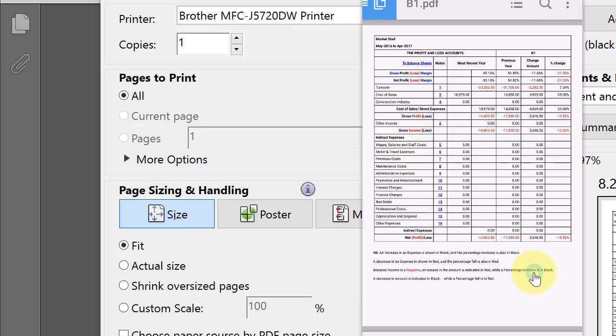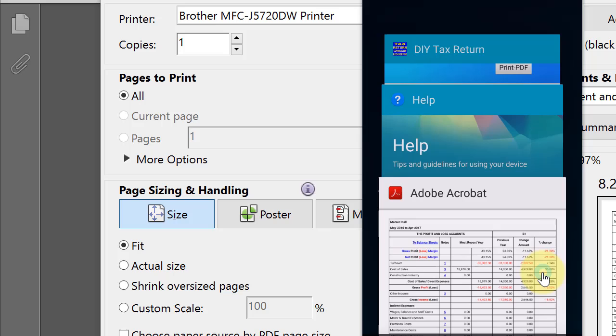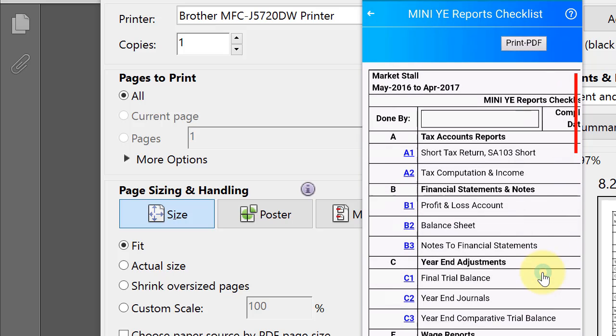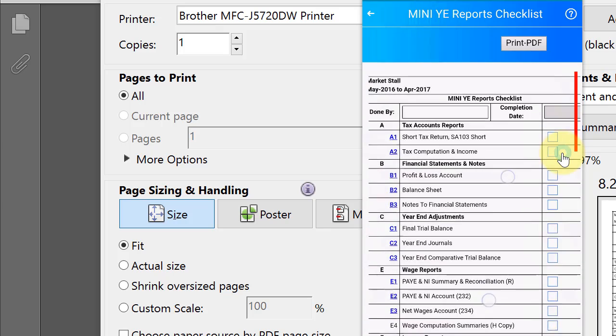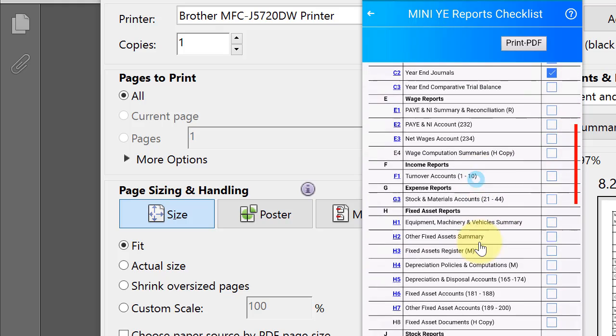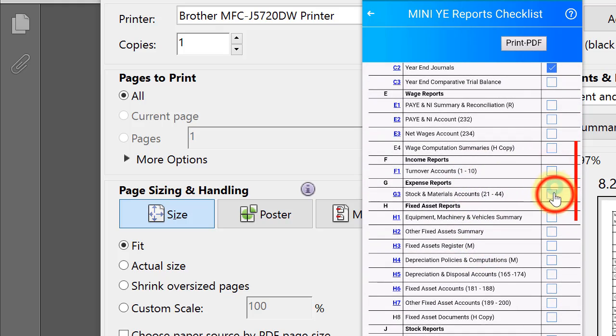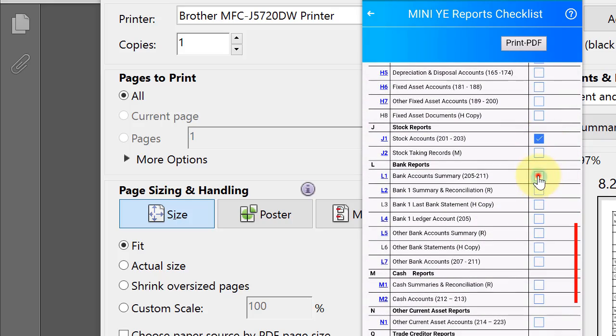Now, what we're going to do is, let's go back, since we're running out of time. Let's go back to our application up here, that one there. Now ideally we should tick what has been printed. Now the A1, let's pinch this. So this one is printed, that is printed, that one, that one, and the ones below. Now remember, the E's will not be printed. We shall print the F, the G, the H reports will not be printed. We shall print J1, L1,